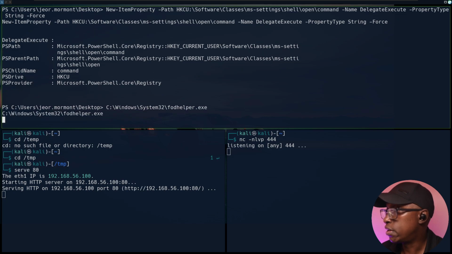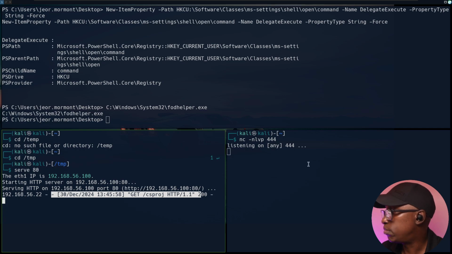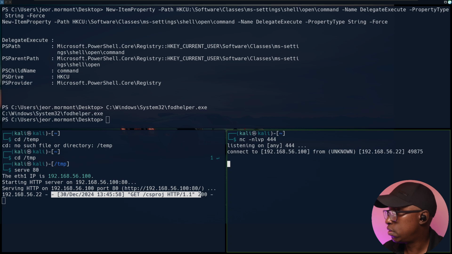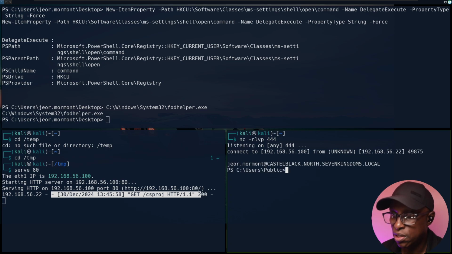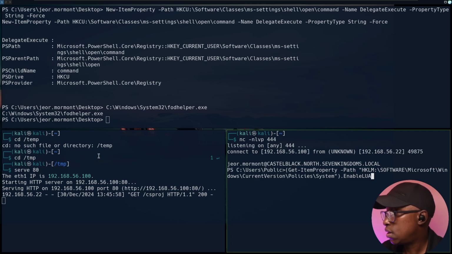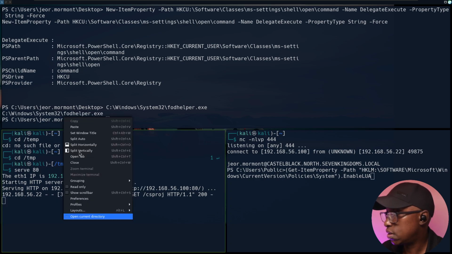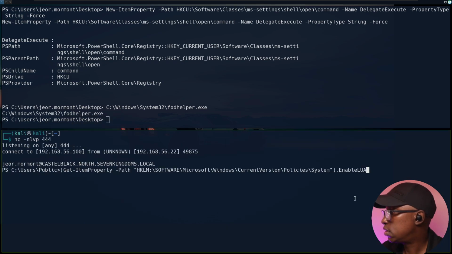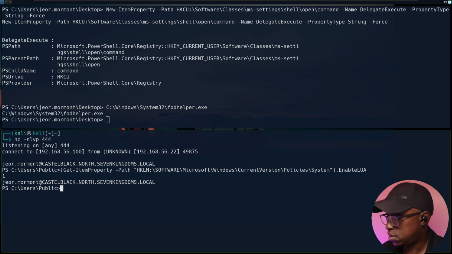And so if I run that, you see it uploaded that, and we should see a shell pop up here. Yep, there you go. And if you do that, and then if we try and enumerate again, if we've got UAC bypass, which is this, if we've got it at 0, then we know that it's not enabled. So if we do this, I'll close this so that it's clearer. That's the one. Still showing as 1, but if we try and